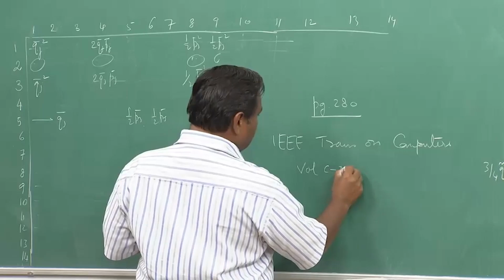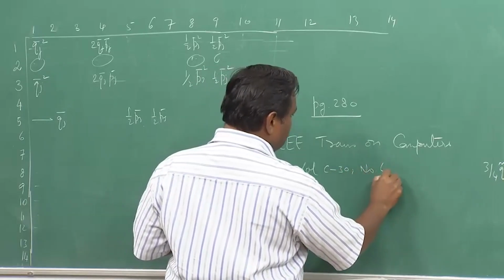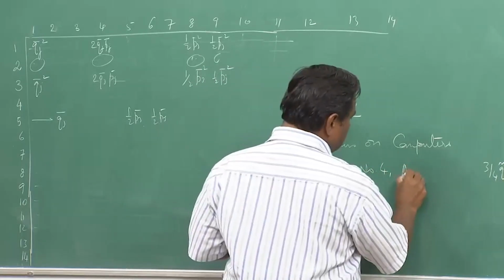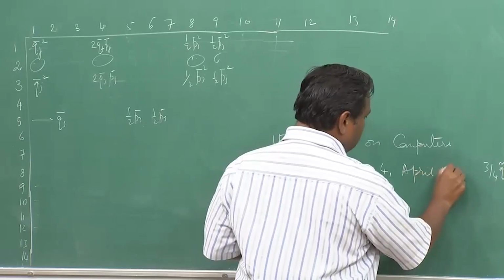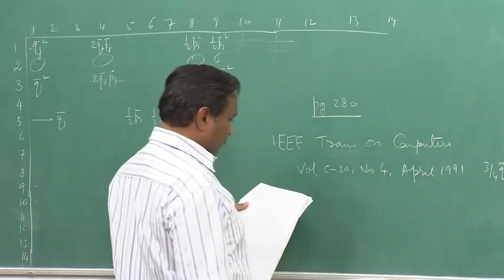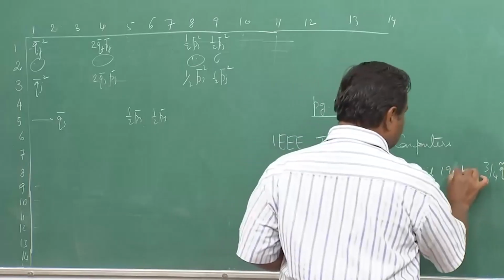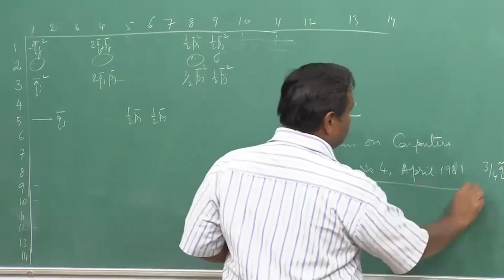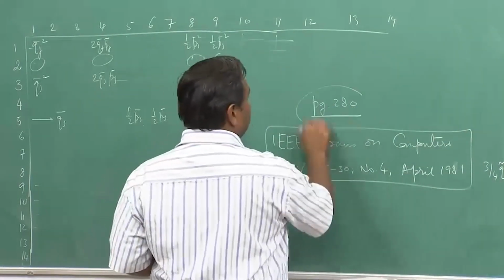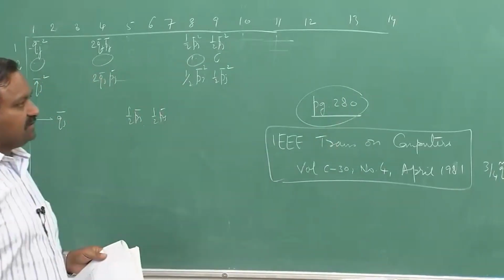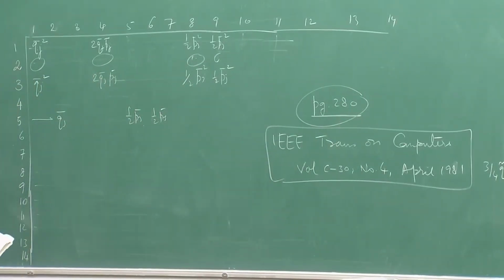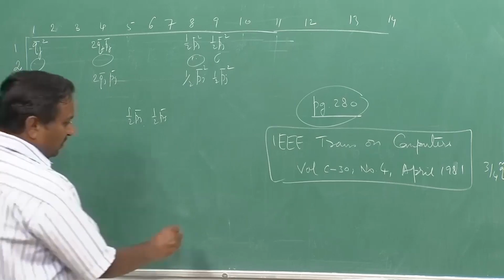Volume C30, number 4, April 1991. So, in this journal on page 280 three matrices are actually given. This particular paper is also available on